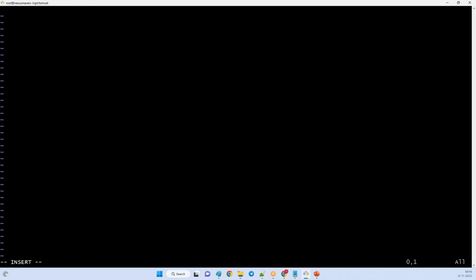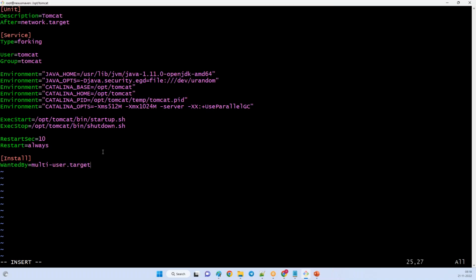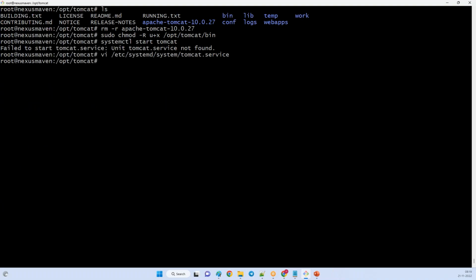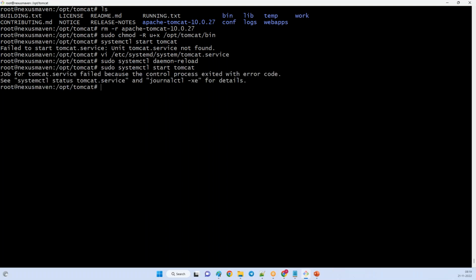You have to create this file, which will be helpful. I will provide the data as well. So this is the tomcat file I created. Now we can load all the services using this command, and after that you can start your Tomcat, which can take some time. Let's wait.